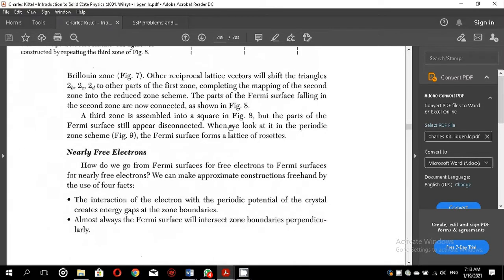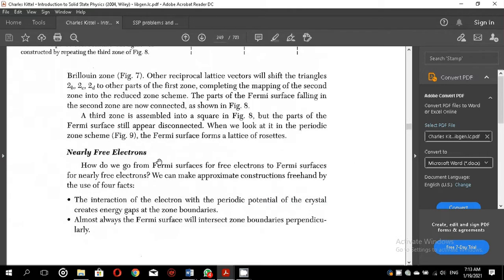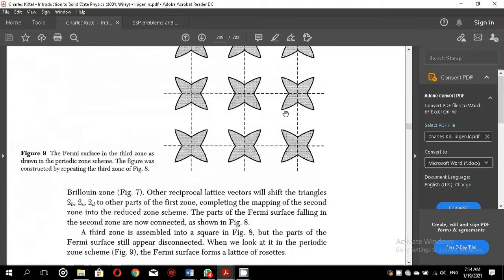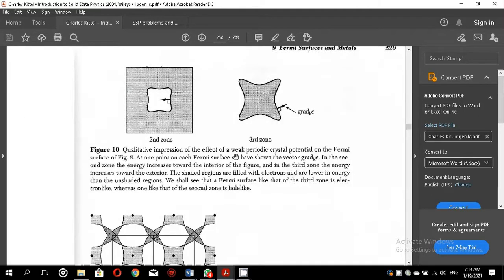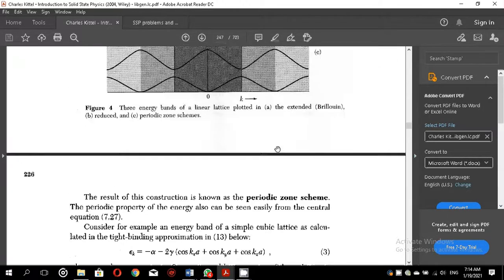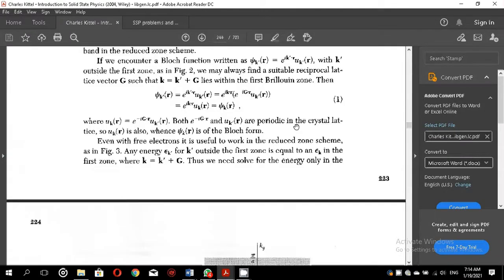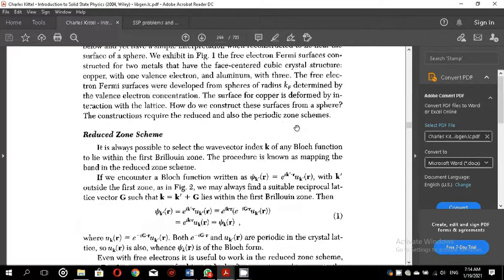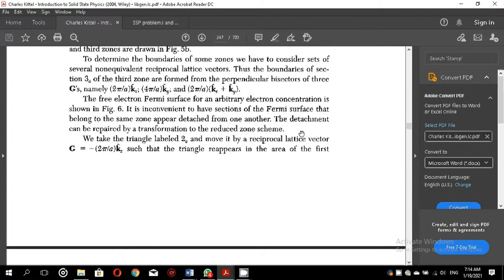So you must go through these pages over here, and when you come to the nearly free electrons, we have certain modifications. We have to round off these corners, etc., when we go to the real solids. So go through these pages. Let me mention these pages which you will have to follow from this chapter. The page numbers, this is page number 223